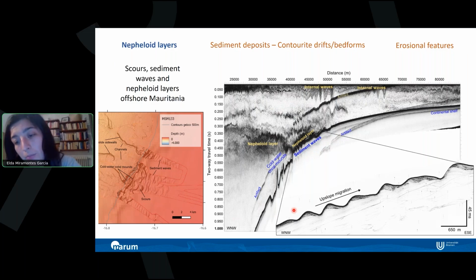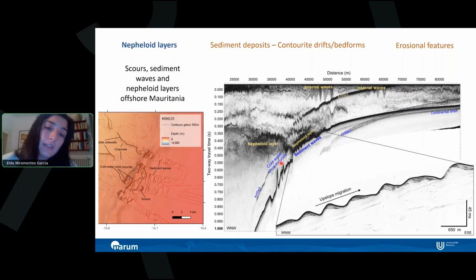And here in the sub-bottom profile, you can see how these bed forms, which are quite large, several hundreds of meters in wavelength, migrate upslope. And interestingly, also below this zone of generation of nepheloid layers and these bed forms, we have a chain, or two chains, of coral mounds. And actually, it's a very typical combination that we tend to find bed forms and erosional features in zones where we also find coral mounds,